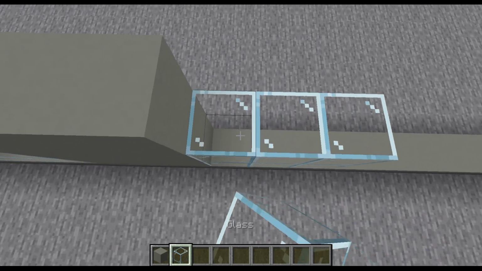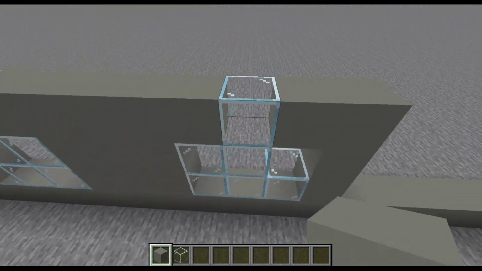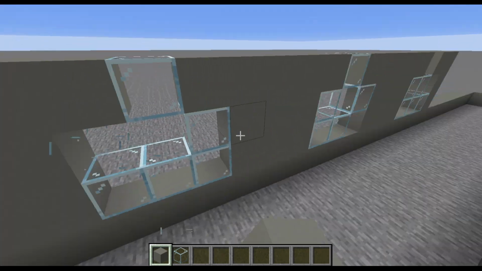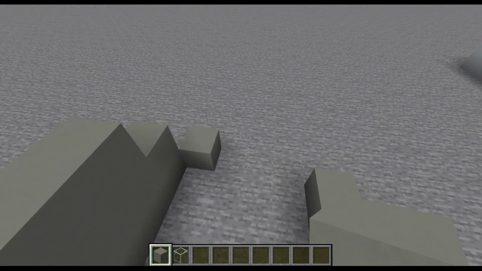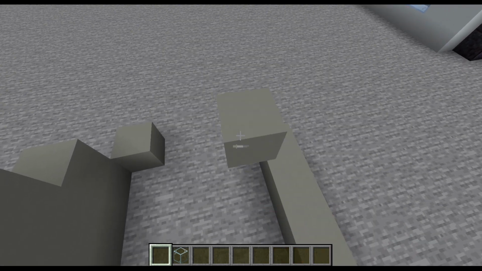windows here. Now, you may want to just punch out random bits of glass in these windows, because in-game the windows are actually broken. So just punching some of those glass blocks out will do. Now, for this doorway, all you really need to do for the doorway is just...